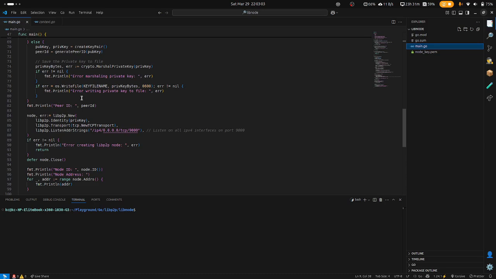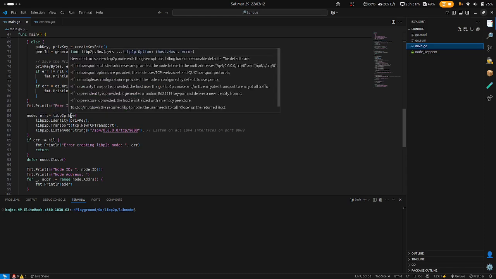Yeah, so this is the interesting part. Here we have to get our node, right? We use this New function. Here it says: New constructs a new Libp2p node with the given options, falling back on reasonable defaults. The defaults are: if no transport and listen addresses are provided, the node listens to the multi-addresses IP4, which is IP version 4,